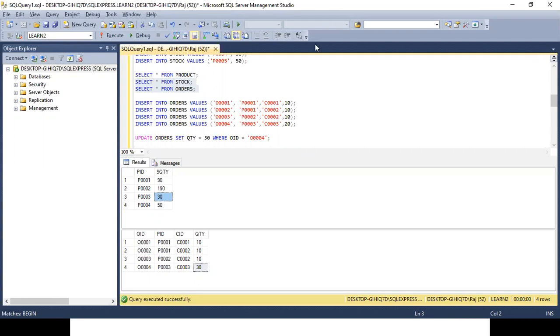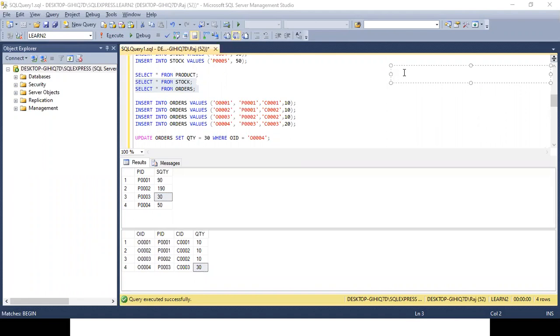Right now, before we create a trigger, let me tell you the logic, what we will be putting into it. Supposing initially I had the quantity 50. I got an order for 20. The balance is 30. Now the order value is 30. What will be the balance? Balance will be 20.